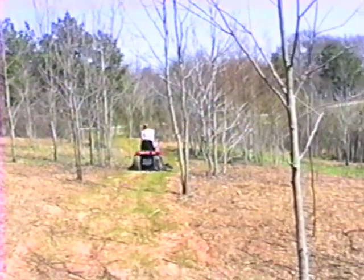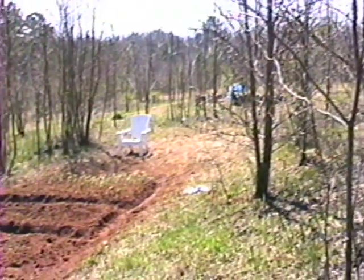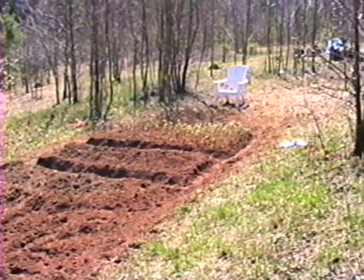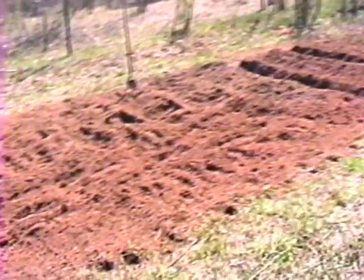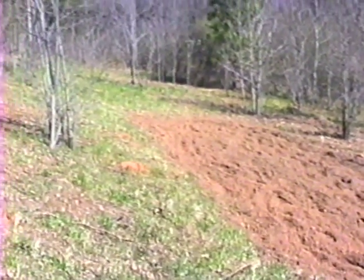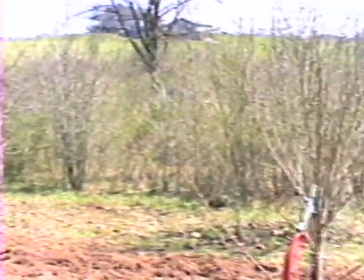Off to mow. Well, this is where we're doing chipping and shredding there. We're making sawdust out of the brush that we cut down. We got onions in. They're in that first bed there. We got potatoes in the second bed. I've got to go make beds all the way down here. Get it all the way down to this other end. We've got to get her grub going. All this will be torn out. This will all be